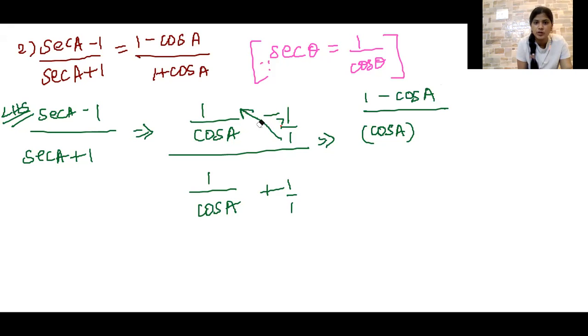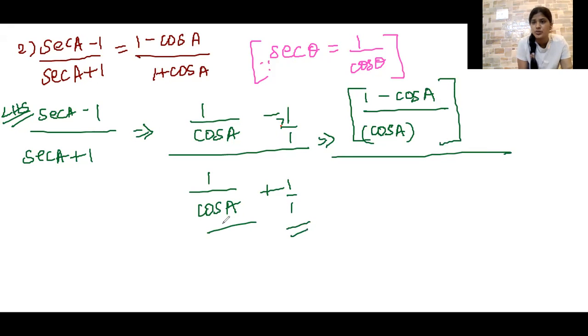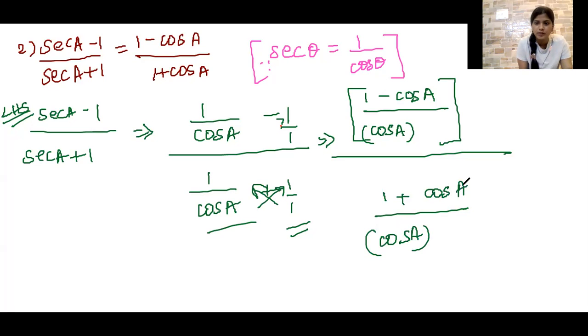So we'll solve the denominator part. In the denominator also the same thing. You do have two different denominators. The first one contains cos A as a denominator. The second one contains 1 as a denominator, which is different. So you have to multiply both the denominators, which is cos A into 1. Cos A into 1 is going to be cos A. And you have to perform cross multiplication with the numerator. 1 into 1 is going to be 1, and you have plus sign in the middle, and cos A into 1 is going to be cos A. So the LCM part is done.